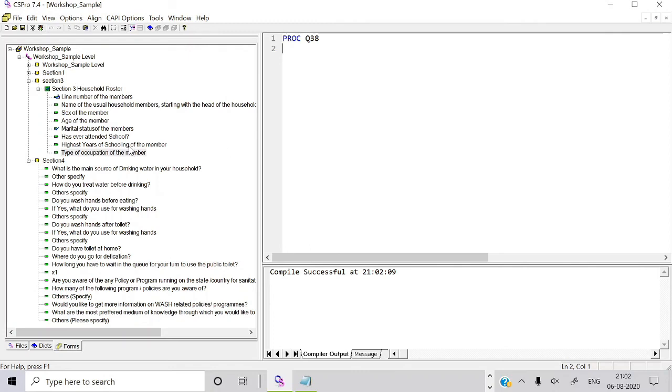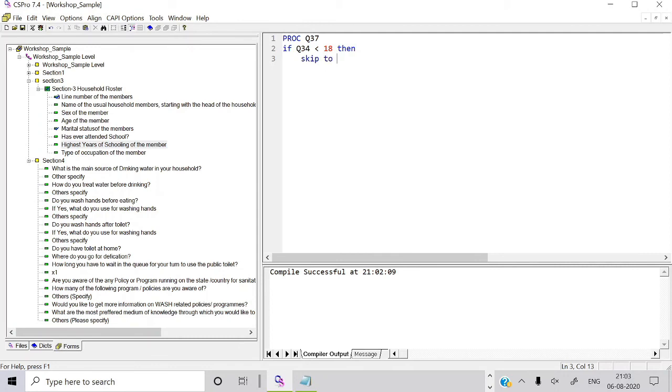Or you can declare it here itself, at Q37 itself: the type of occupation will be asked only of those who are adult members. So what we are going to do is, if Q34 is less than 17, less than 15, less than 18, all those things, then skip to the next line. This is a new thing.